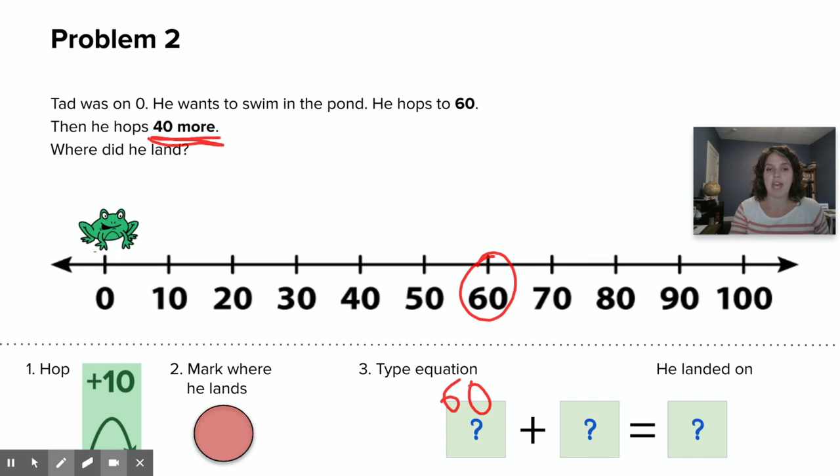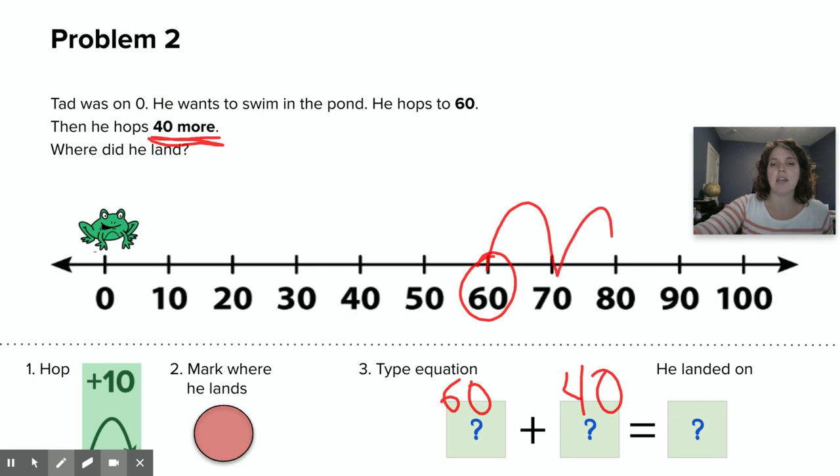So we have Tad starting at 60, so that's the first number in my equation. And then he hops 40 more, so I'm going to put plus 40. And I can hop it, or I can count by tens for 40 more. I'm going to hop it this time on the screen, so I'm going to hop 10, 20, 30, 40, and I landed at